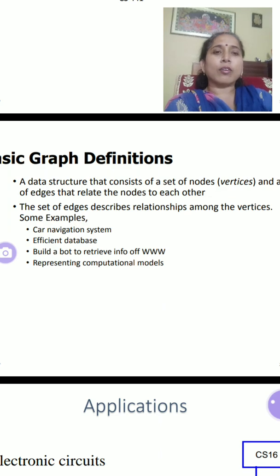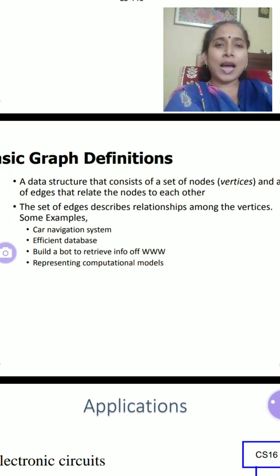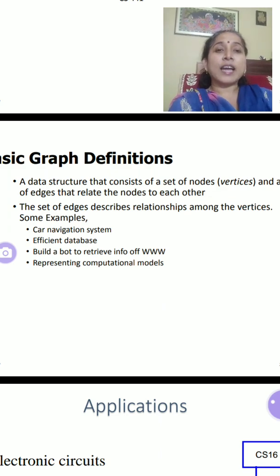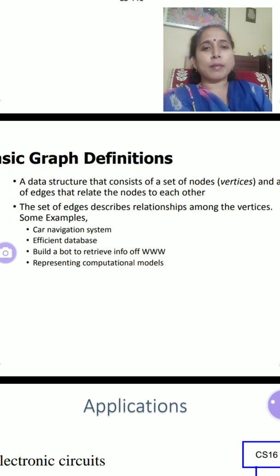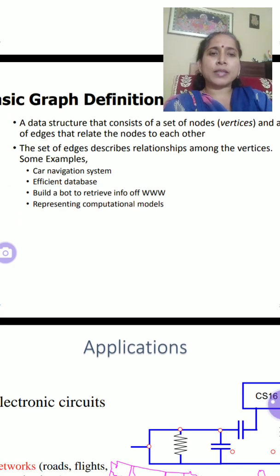But a tree cannot be termed a general graph because in a tree, if you travel from the root node to the leaf nodes, at a point you reach an end point where you cannot travel further. You have to trace back along the original path. Whereas in a graph, they are well connected. From one node, if you start, you can move on to another node. All the nodes which we used to call nodes in trees, in graphs we call vertices. The set of edges describes the relationship among the vertices.